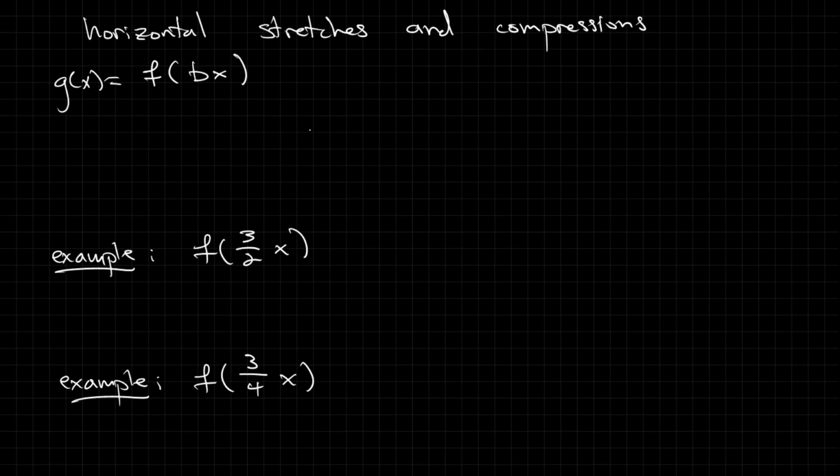Now, in the same way that the horizontal shifts were counterintuitive, so are the horizontal stretches and compressions. So when b is greater than 1, we do not get what you would expect. I would expect that it would be a stretch, but it's actually a compression, a horizontal compression